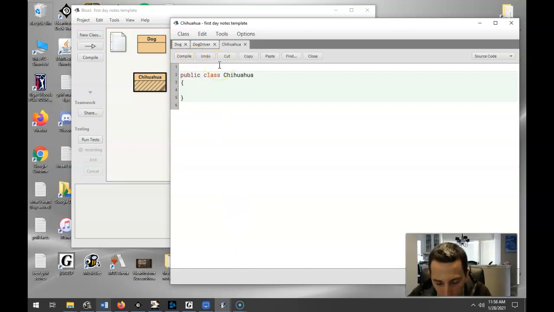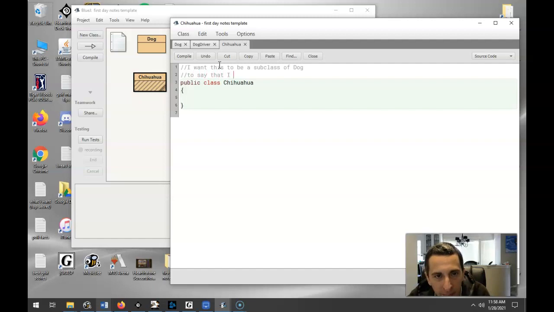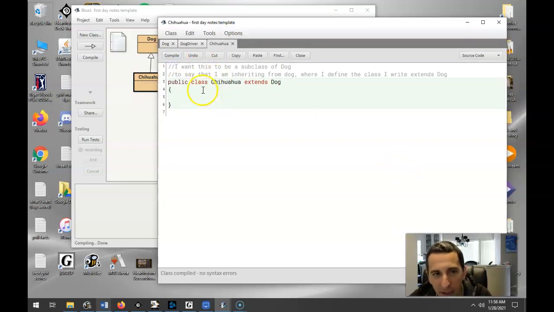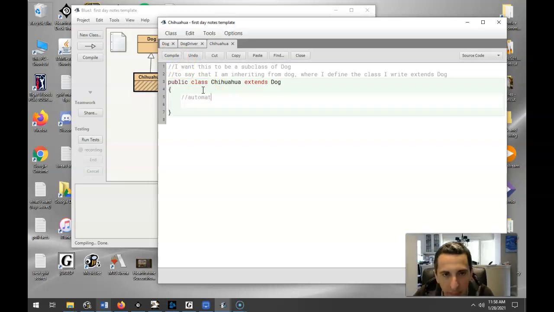So I want Chihuahua to be a subclass of dog. To say that I am inheriting from dog, where I define the class, I write extends dog. So right here, I'm going to write Chihuahua extends, notice how it's a special keyword in Java, extends dog. Okay, so my Chihuahua extends dog, and again, this compiles, and what that means is this automatically gets all the instance variables, all the methods, and even the zero argument constructor